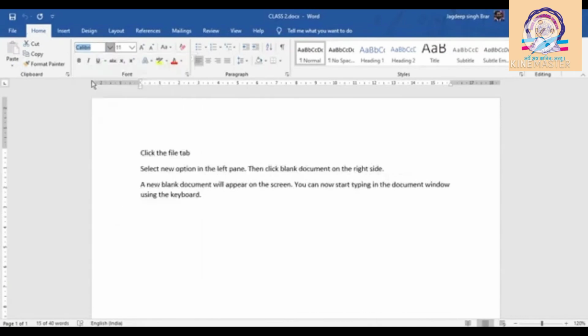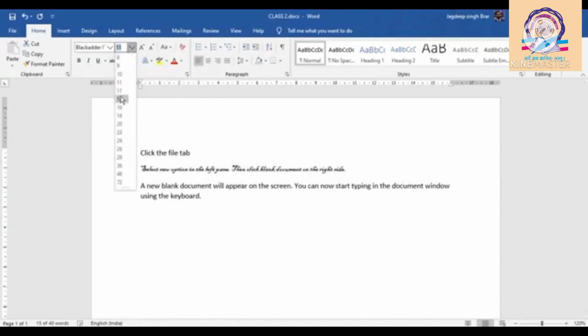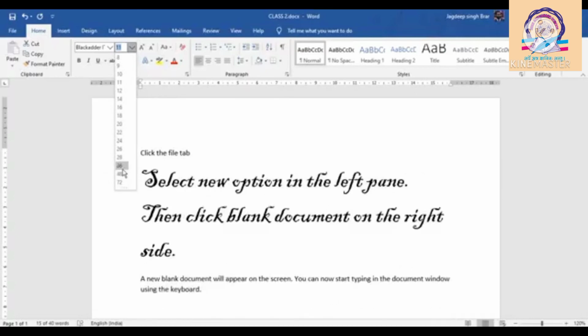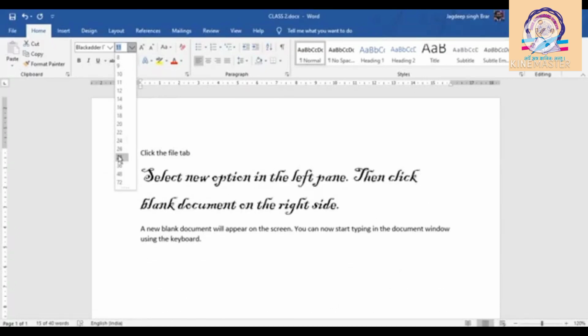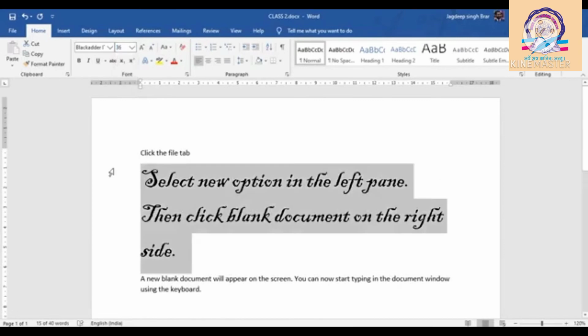Just for example, I select this one. The next option is to change the size. You can increase the size, or set it according to your requirement. Just for the example, I selected 36. So now this is a different font, and this is the newly selected font.